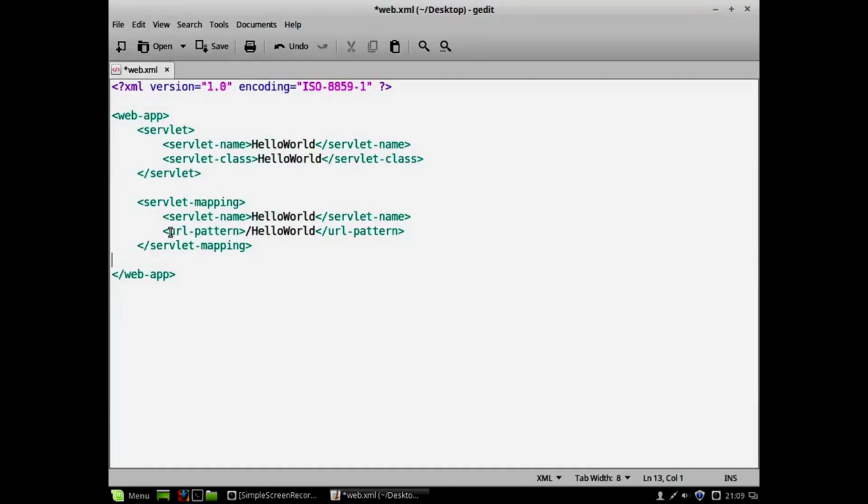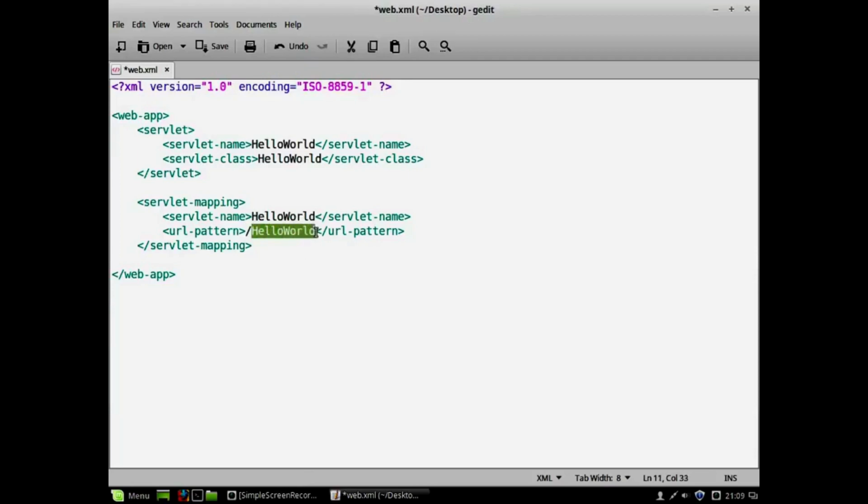In that case, as I told you, we'll be using localhost followed by the port number, followed by the folder we have to create in which we keep our web.xml file and class file. That folder name is followed by this one. You can see that I am not using those things in the URL pattern because that entire path will be known to Apache Tomcat already. That's why in the URL pattern you can directly give whatever you want to see after the slash.